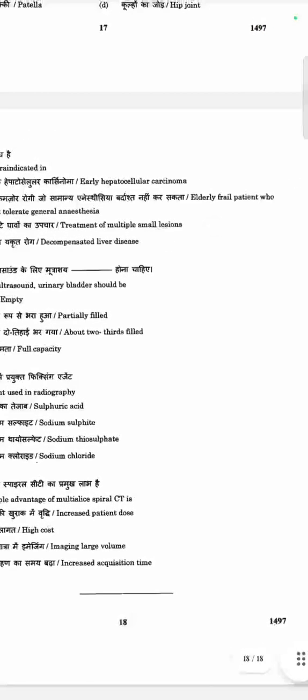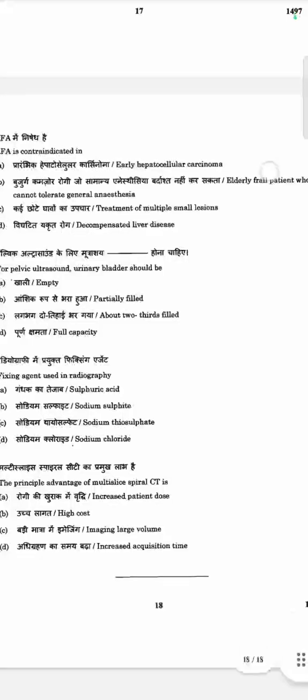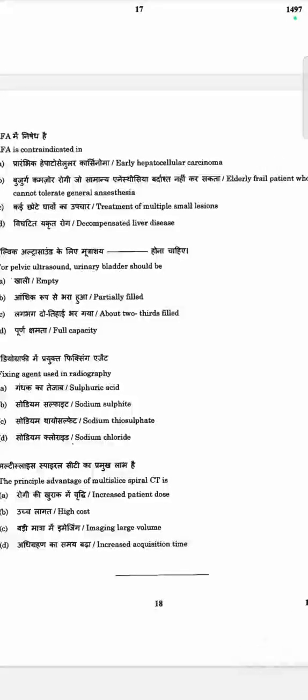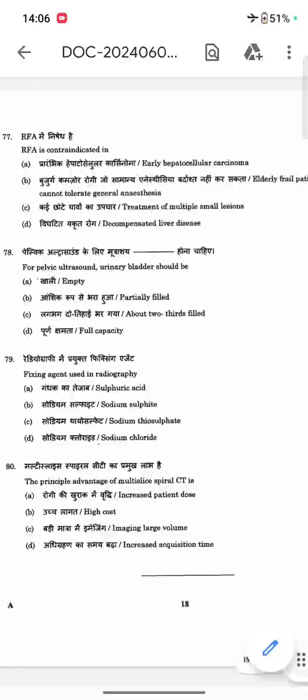So elderly patients for whom it cannot be used. A. For pelvic ultrasound, the urinary bladder should be